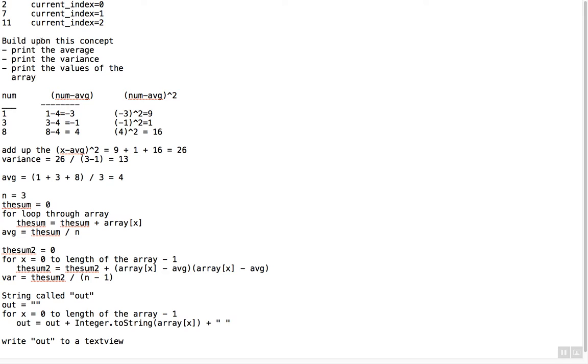The project for this, you're going to build upon this concept that we did before. You're going to print the average, which pretty well you have the code for that. Print the variance, and then you print the values of the array. Now, printing the values of the array will be a little bit different. I'll talk about that. But again, if you enter in 1, 3, 8, to figure out the difference between them, you just